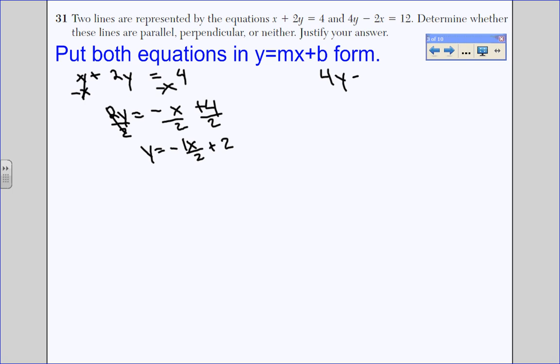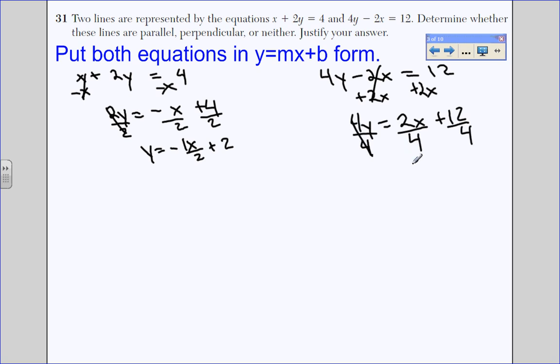Okay, let's put the other equation in y equals mx plus b form. It's 4y minus 2x equals 12. Again, what you're doing is isolating the y, so I'm going to move this to the other side. So additive inverse, plus 2x, plus 2x, that's going to cancel out. You get 4y equals 2x plus 12. Again, you cannot combine these two terms. They're not like terms. You divide everything by 4,